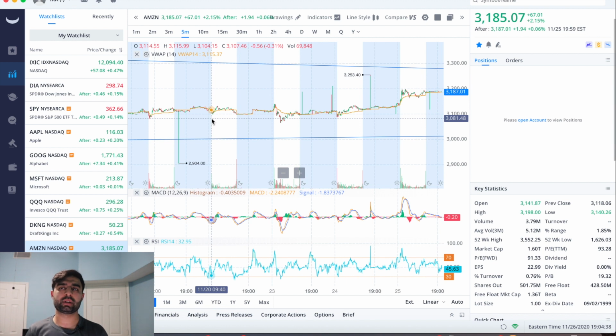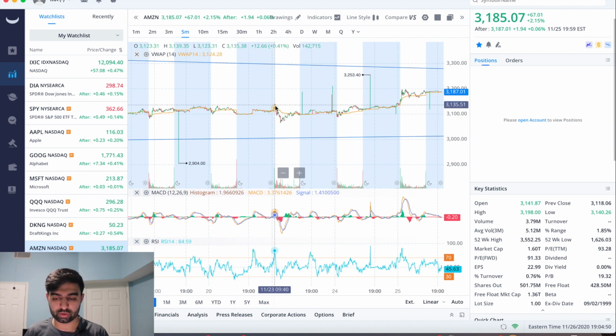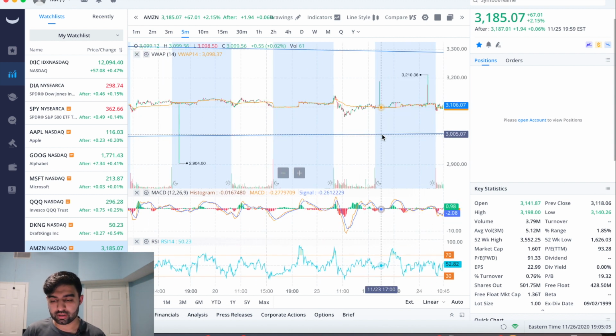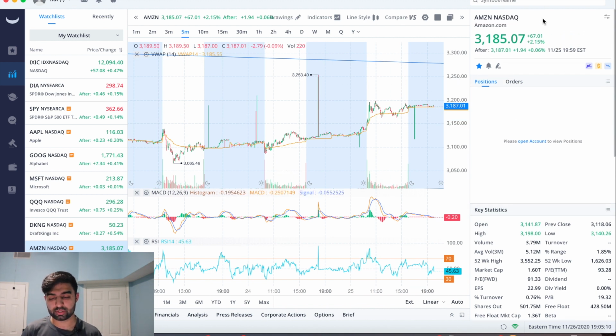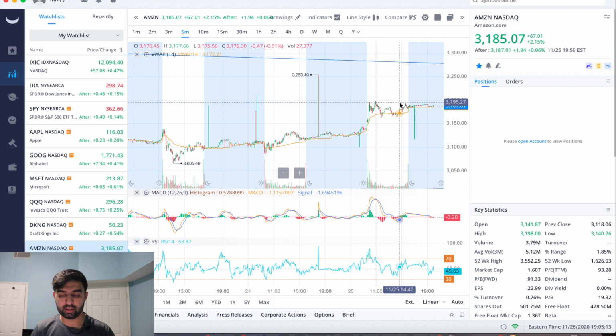A lot of consolidation happening in big tech. Amazon and Apple were trading pretty similarly, right? The range here, as you can see, from the low 3070s to the high being 3135, so about a $60, $70 range, which isn't high considering a couple months back Amazon had an ATR of almost $100, and now the ATR is like 30, which is the expected move in any given day. And then Friday was a day where it was up $67,